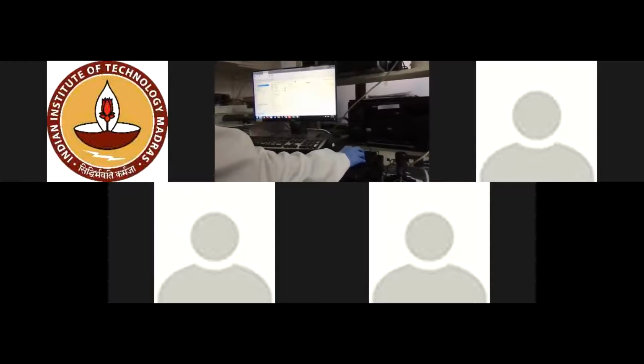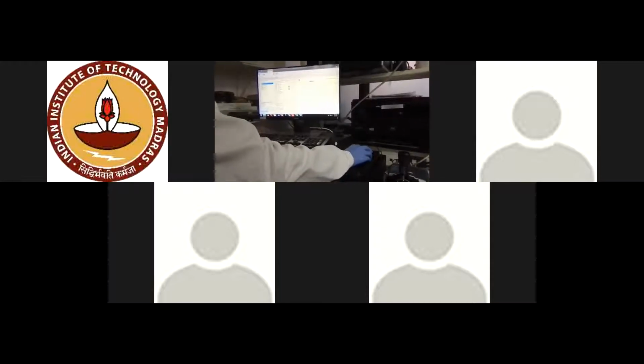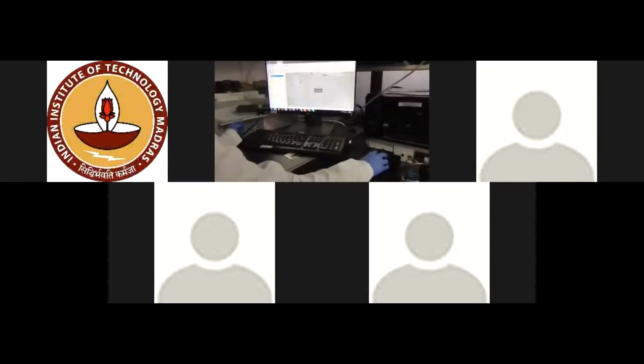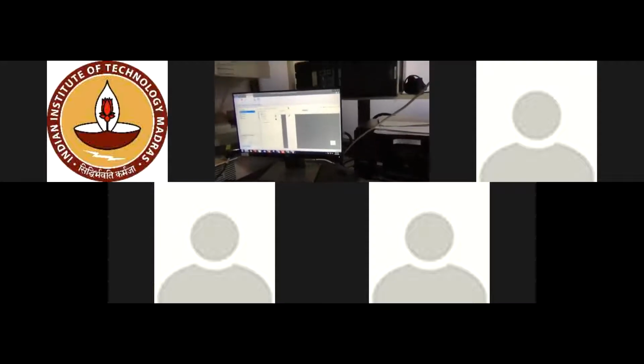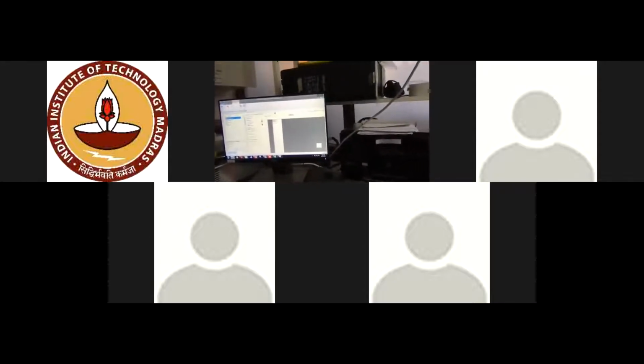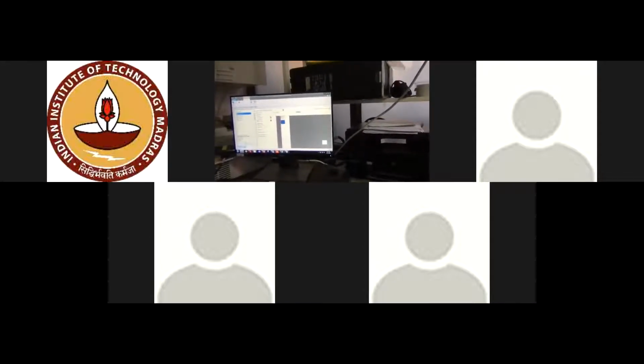So this is the software that I'm going to use for peptide quantification. First, we'll select the plate. So it is the microdrop plate, and I'm going to select the microdrop plate. The first sample was the blank, so I'll select the first blank, and then the unknown sample, which is our unknown sample.